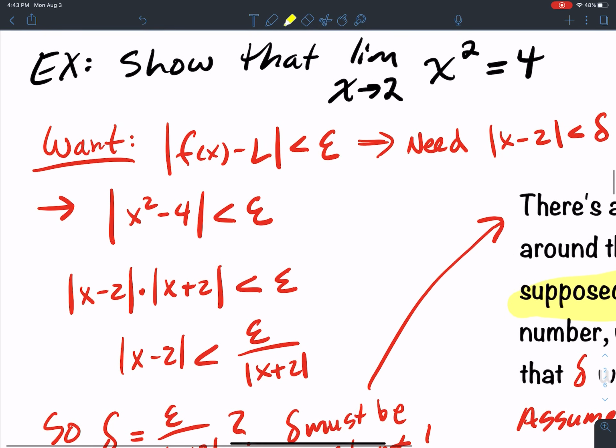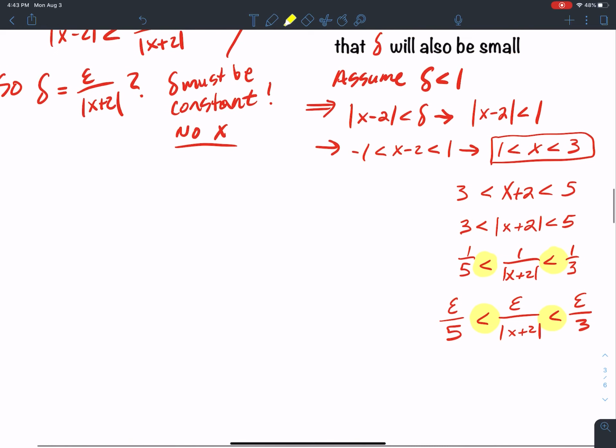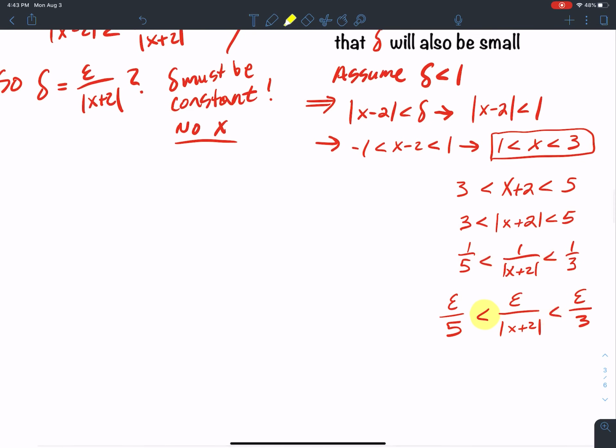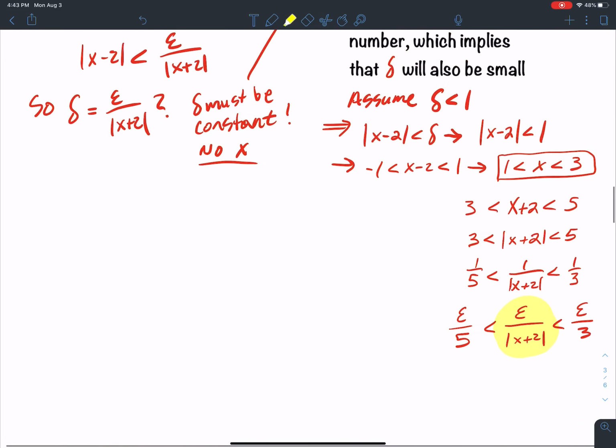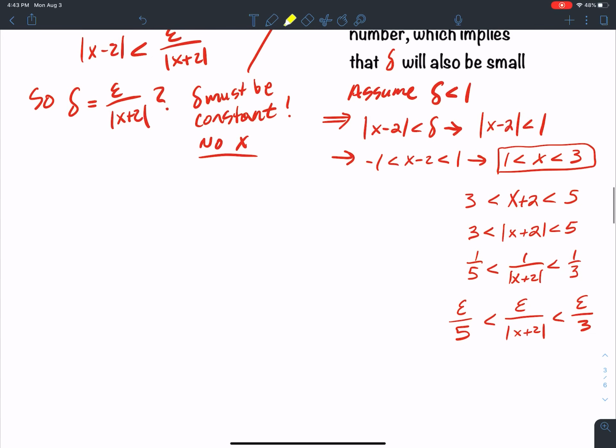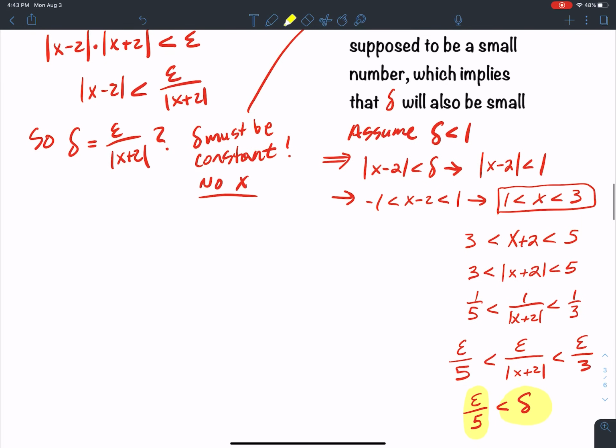Okay, since it's a positive number, then we don't have to worry about the inequalities changing direction. So what do I have now? I now have exactly what I had here, which is what I wanted. And so what does that tell me? That tells me that delta is greater than epsilon over 5. Okay? Delta is greater than epsilon over 5. All right, that's what I wanted. Now,